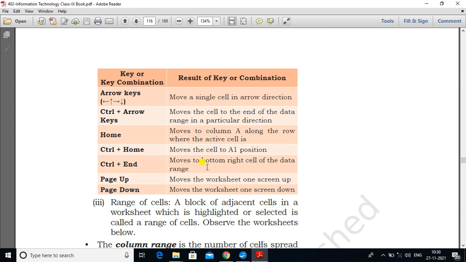So go through this, and we have to know some more about keyboards also, like we can use keyboard arrow keys and some more shortcut keys in spreadsheets, like arrow keys to move your cursor left, right, and up and down. Okay, it moves a single cell in the arrow direction.